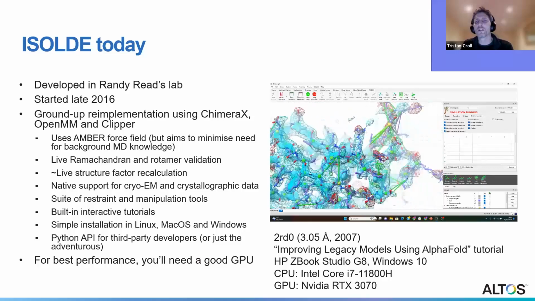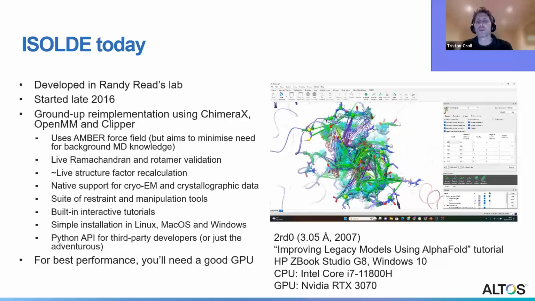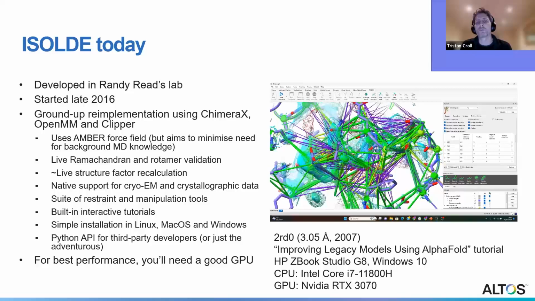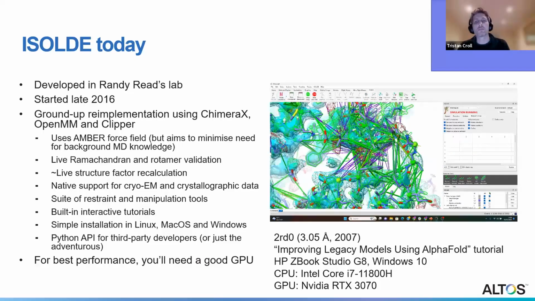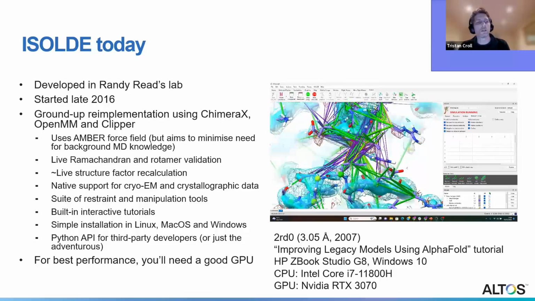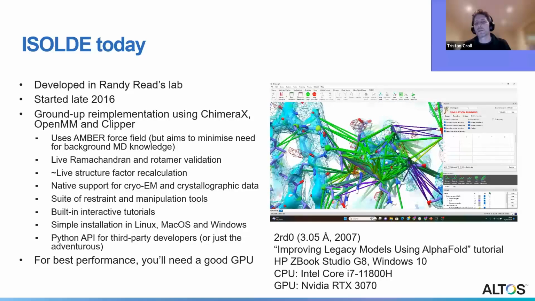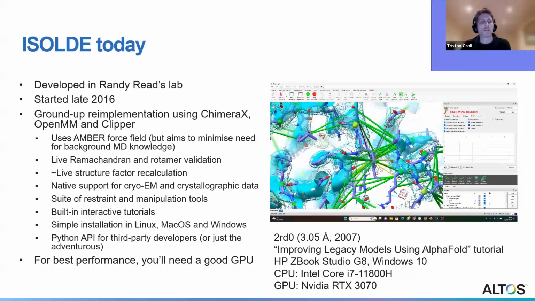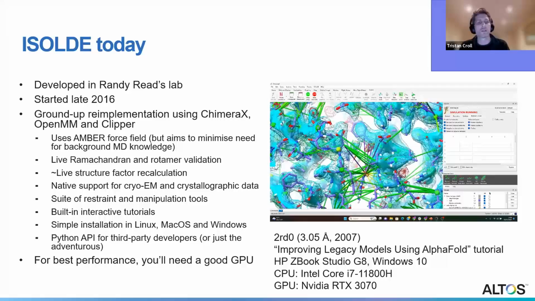So you'll see for this model, for example, it's a little over 1,000 residues. The maps are changing a little bit faster than one update per second. But for smaller models and data sets, it can get remarkably close to real time, and really quite fun. I'm not going to go through much more of this. There's a bunch of built-in interactive tutorials that I would really encourage you to try out.